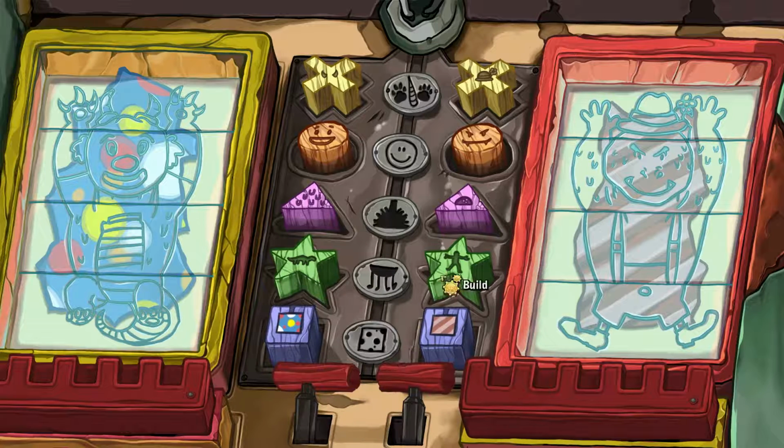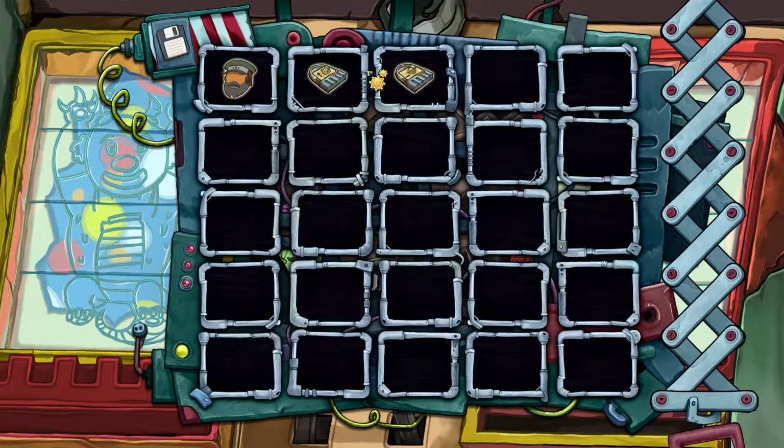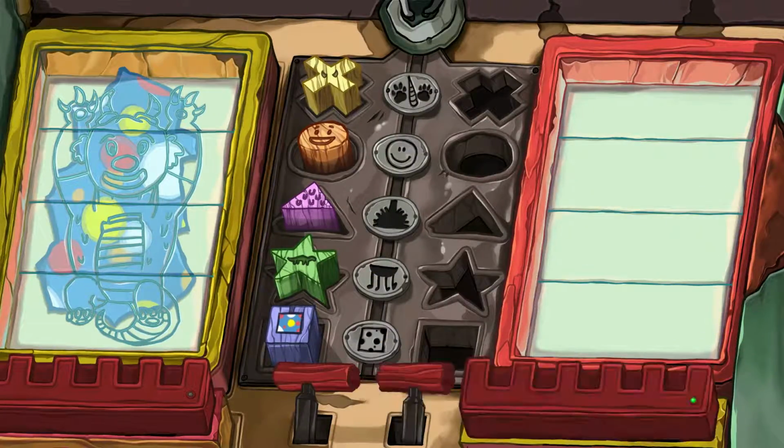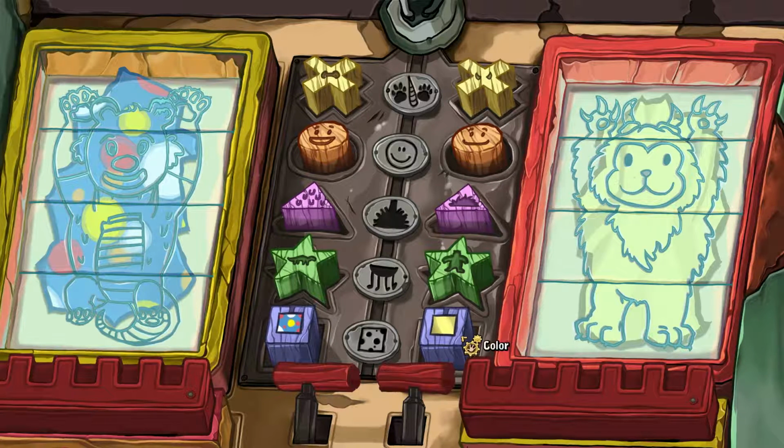Okay. So let's lever that, and then pull out cartridge 3. The genetic code of this description: huge mammal with huge paws, yellow fur, and a sunny disposition. So let's give it huge paws, yellow fur,